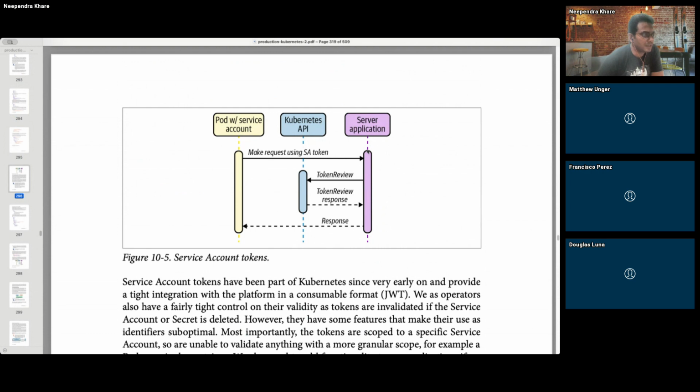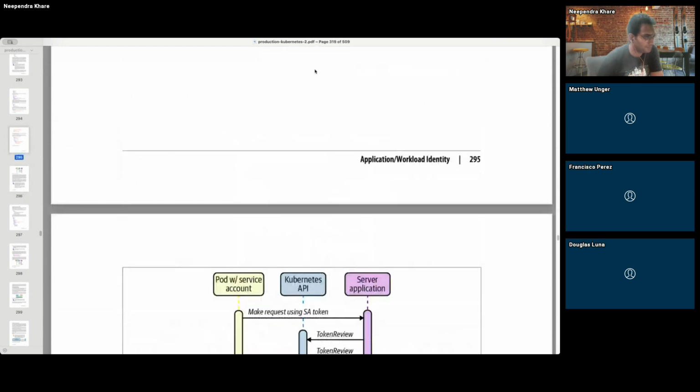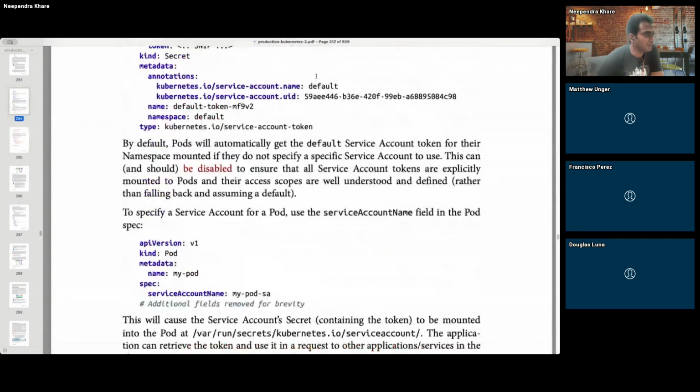Now, if this application needs to verify whether this particular pod is valid to authenticate with the API server, or whether I can trust it, what it does is, whatever token is being shared from the pod to the server application, it would call the token review request to the API server, and then the API server would respond back. Depending on whether it passes or fails, of course, it would pass in the current scenario, it would then give the response back to the pod, and then we communicate like that. That is what has been mentioned here in this particular